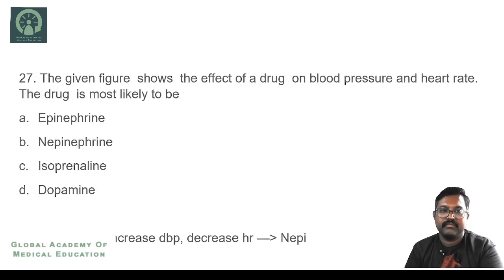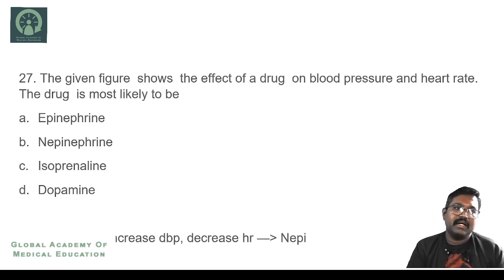effective dose. So coming to the next question, a given figure shows the effect of a drug on blood pressure and heart rate. So the drug is most likely to be whether it is epinephrine, norepinephrine, isoprenaline or the dopamine. So regarding the blood pressure, if you see these types of graphs,